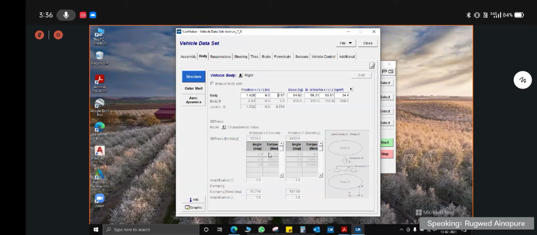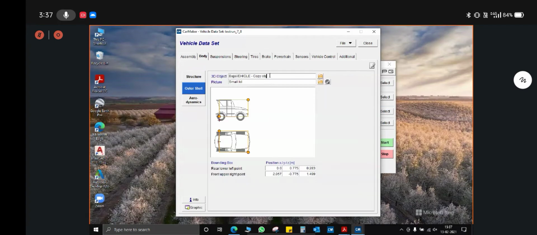The outer shell.obj has been already cleared by the ATS team. It is used for visualization purposes. And you can refer to the IPG Movie manual for this. Aerodynamics has to be left as not specified. Marker center of pressure also leave it as not specified. Suspensions, spring stiffness values, either characteristic value or 1D lookup table, have to be defined, and the amplification has to be kept as 1. Secondary spring, it is up to the teams if they want to define this or not.